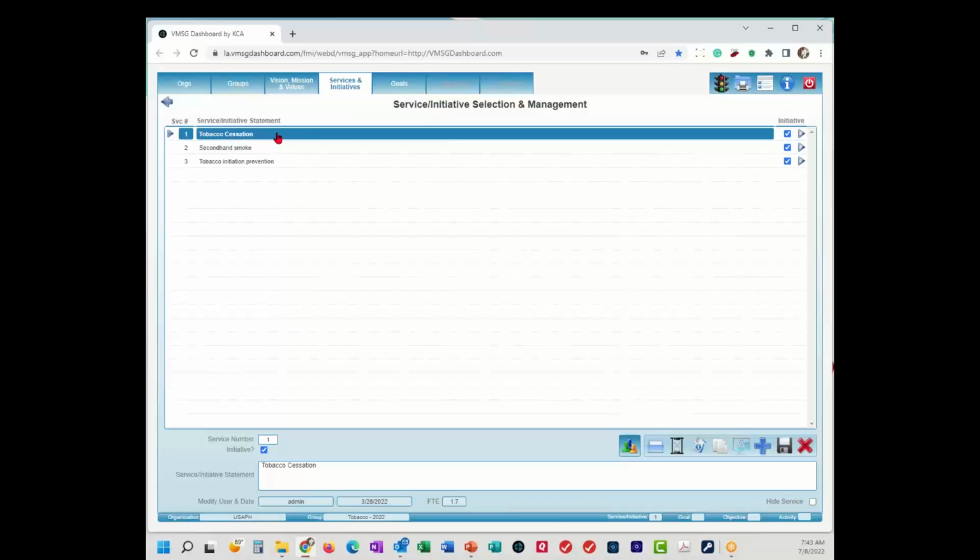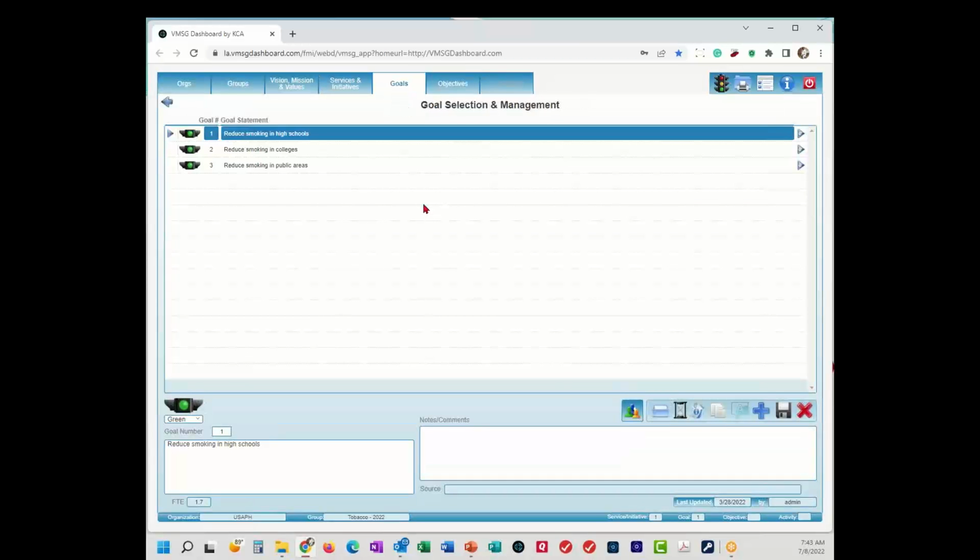Under each of these selected services, you have a set of goals. So in this case, the goal is reduce smoking in high schools for tobacco cessation, reduce smoking in colleges, reduce smoking in public areas. So these are just 3 of the high level goals. Goals are typically this simple: an action verb followed by a couple of words just saying this is what we're trying to accomplish without a lot